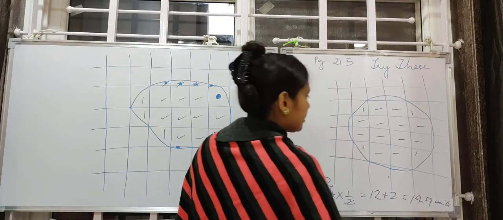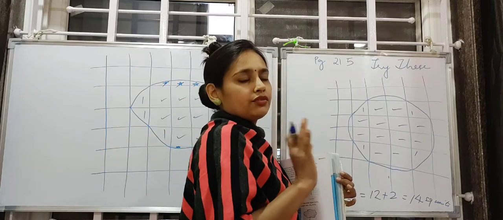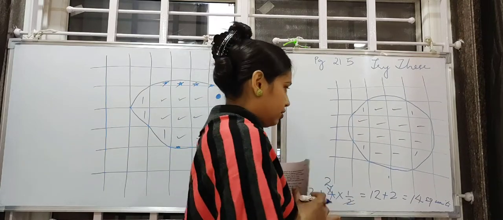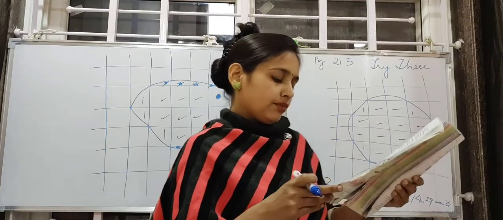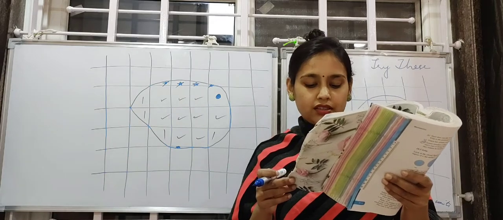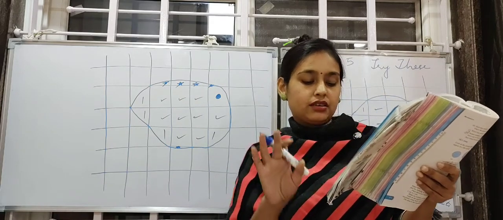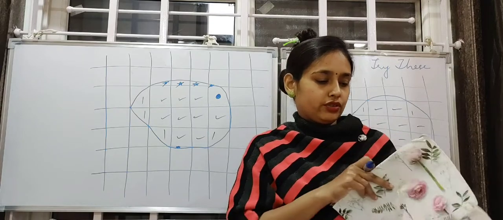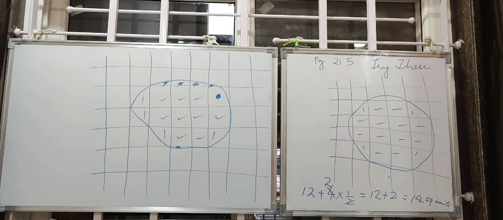Children, it is not necessary that your area will also come the same. Whatever the area of the circle comes out, you are going to write that. So this completes question number 1. Question number 2: trace the shapes of leaves, flower petals and other such objects on the graph paper and find their areas. This is your homework. You are going to do it on your own. You can just use one leaf. That's it. Now we are going to start exercise 10.2.